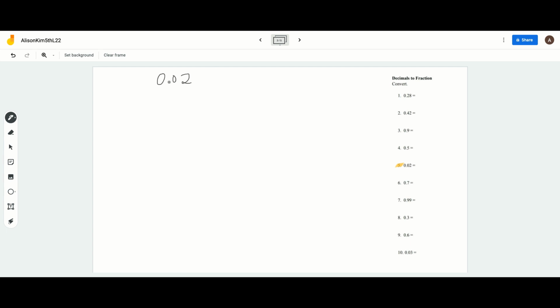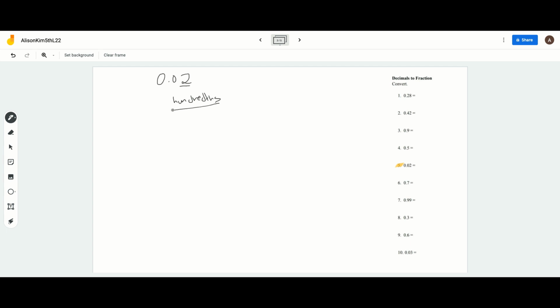The number that is right after the decimal point is the tenths place, and the number that is 2 spaces after the decimal point is the hundredths place, and the number that's 3 places behind the decimal point is the thousandths place, and it goes on and on. But for now, we know that the 2 ends in the second place from the decimal point, so we know that it's the hundredths. Let's spell it out, hundredths,